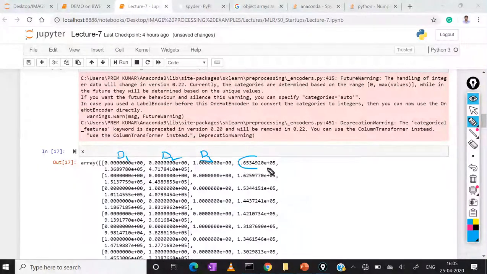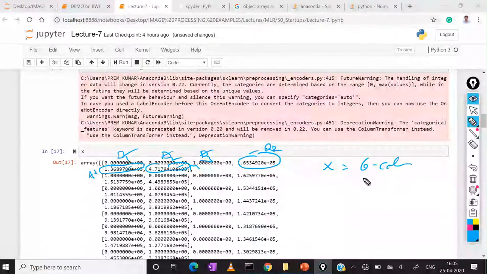This feature is the R&D department, this value is the administrative department, and this value is the marketing spend. So here 1 2 3 4 5 6: x is now 6 columns, meaning 6 features.